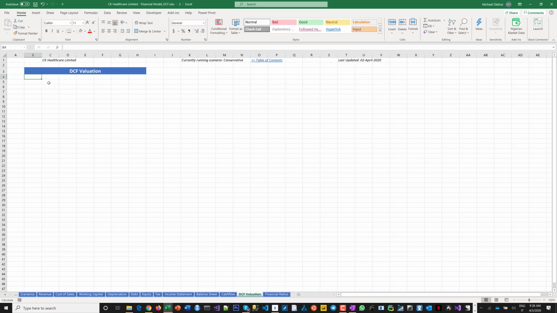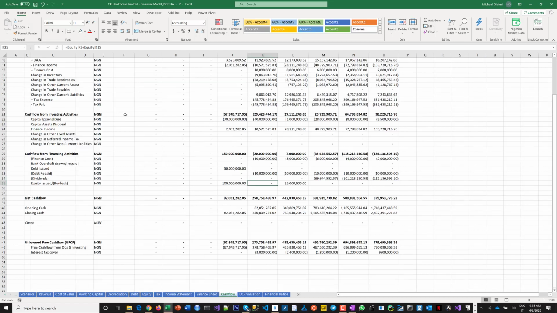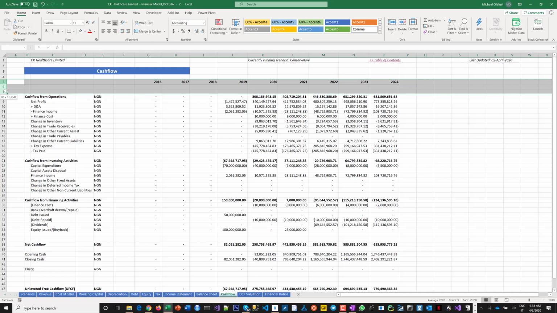So this is DCF valuation, and we need to compute the weighted average cost of capital and then the perpetuity growth rate, small g. I think I need to grab all those things I need to use again. So I will grab this as usual,